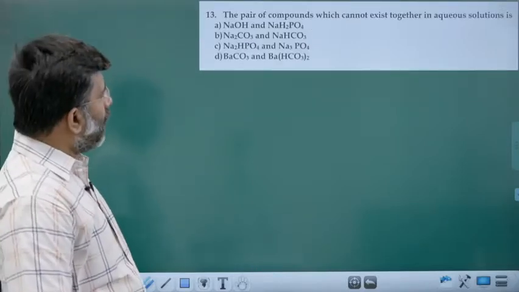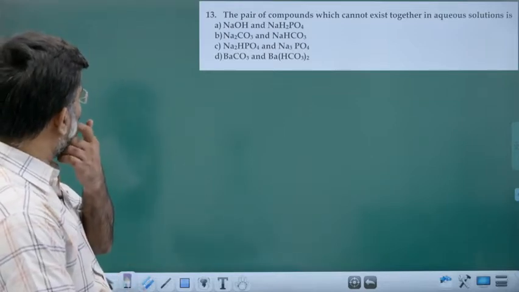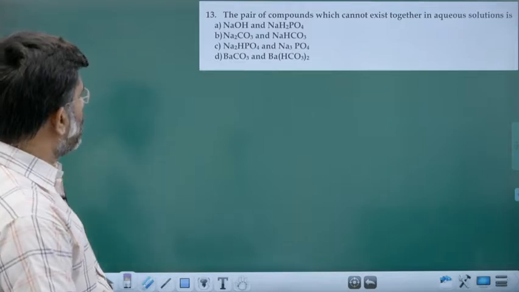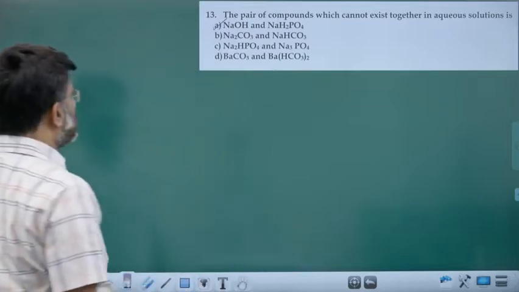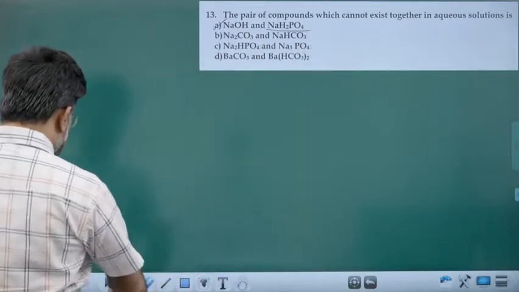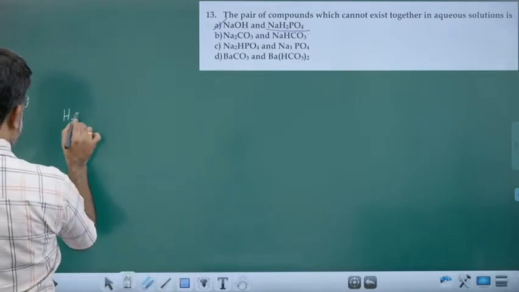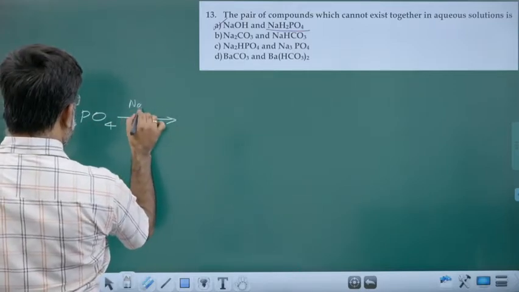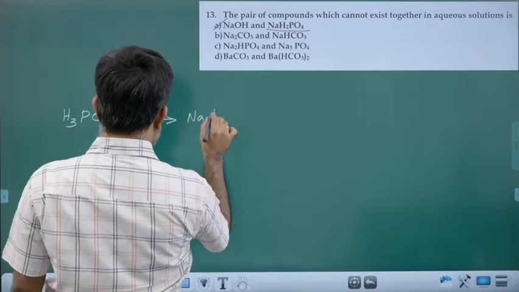The pair of compounds which cannot exist together in aqueous solution is. First choice itself, because this is an acidic salt. All of you know the reaction of H3PO4. You see that H3PO4 can interact with NaOH and you will be getting